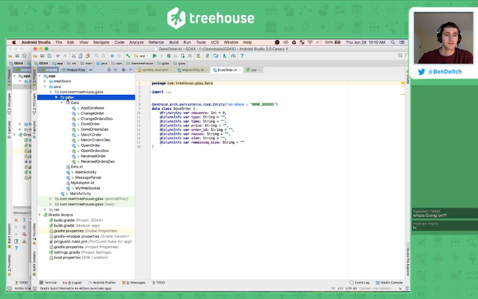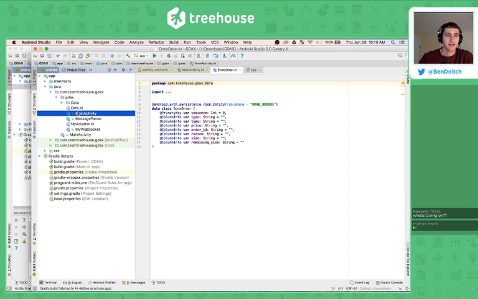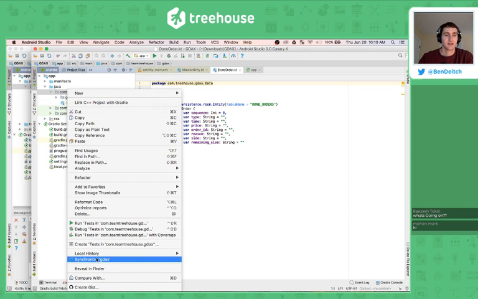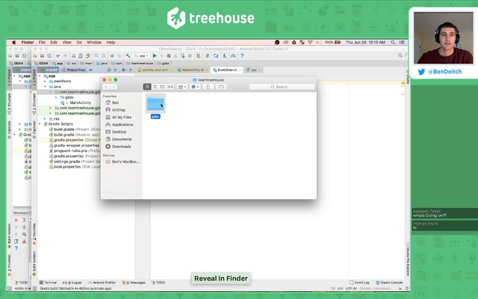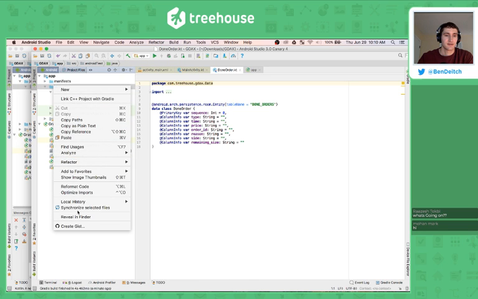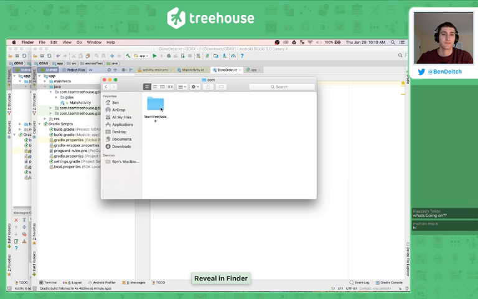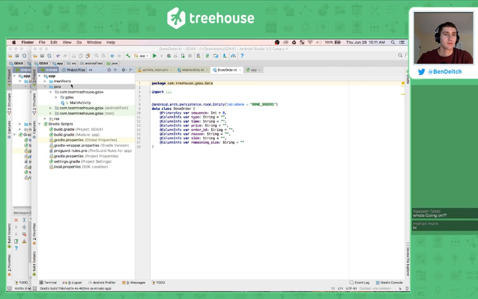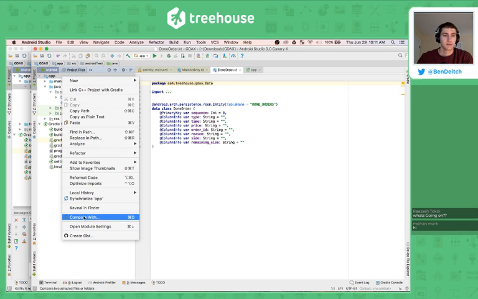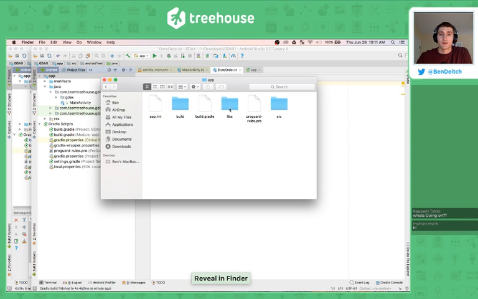Okay, so that gave us a real interesting folder structure there. Okay, so there's another main activity. Okay, so we're just going to open this in Finder. And where's the up button? Fine, we'll open this one in Finder. Okay, Java, com, Treehouse, GDAX. How is that Android test? That doesn't make any sense. Reveal in Finder on this one, then we can go to app, source, main, Java, com, Treehouse, GDAX, and then